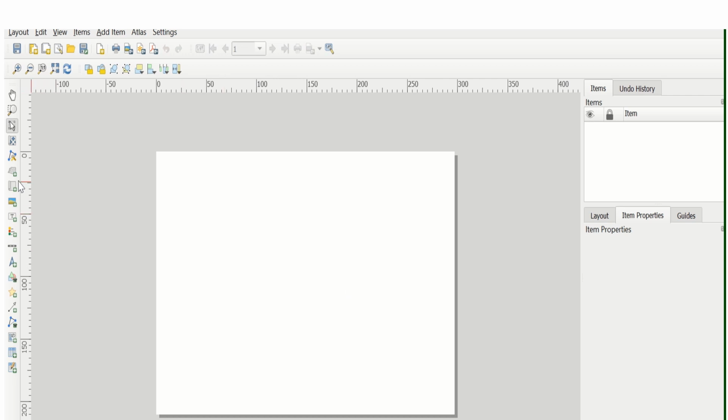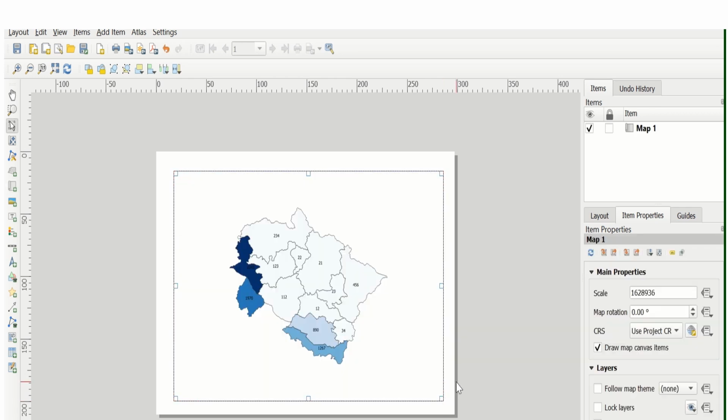Here we have to add a map. Please click on the add map icon. We click on the add map icon, then draw a rectangle on this window. Then the map of Uttarakhand is populated here, which shows corona cases district wise.